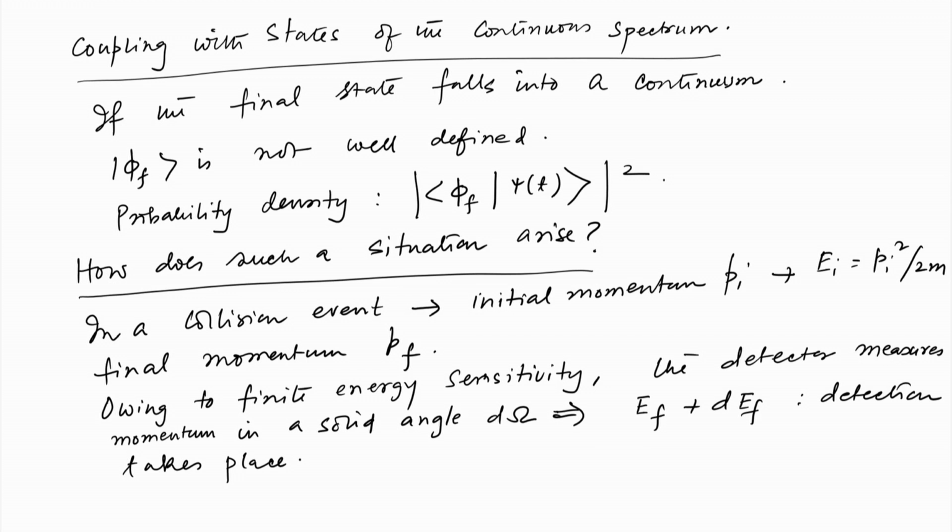In which case we will have to actually count the number of states which fall into that continuum of states between E f and E f plus d E f, and so the probability P of phi f, t should be a sum over all these final states, and then it is